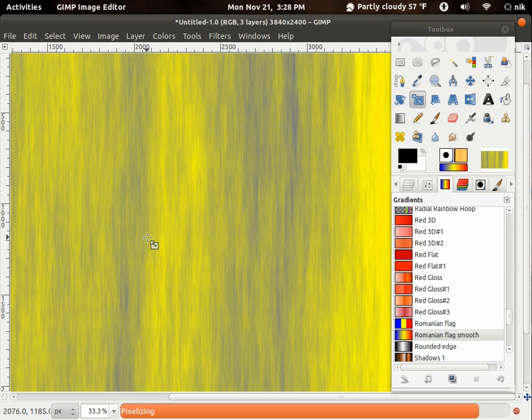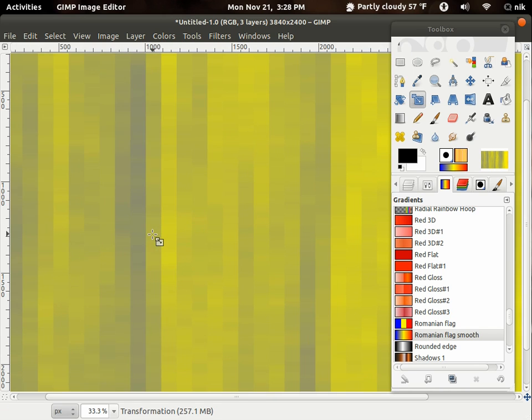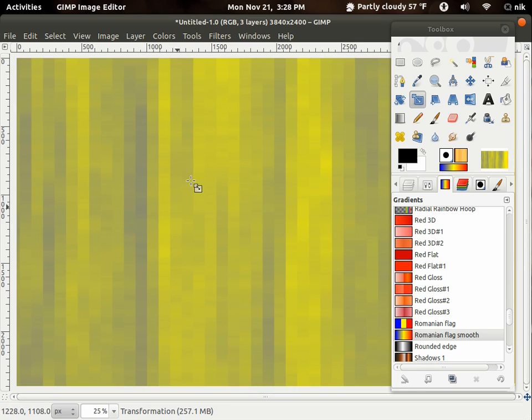Almost there. All right, there we go. Now we have kind of like our base for it, right? Now let's go to, well, before we do the bump map or whatever it's called, let's do